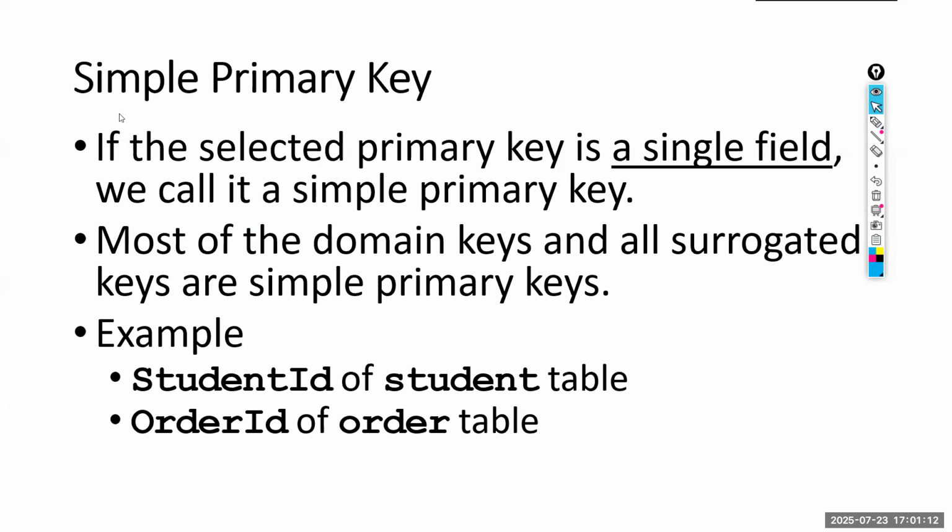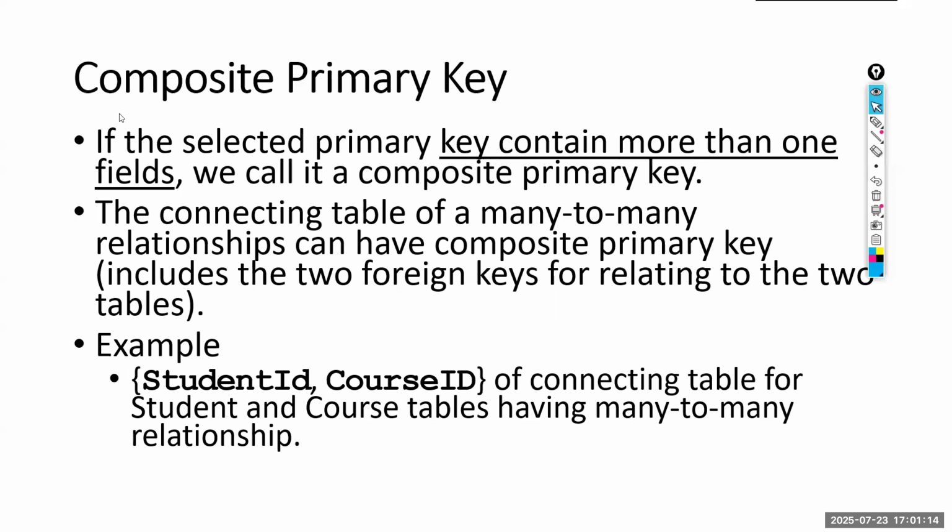Then we say that we have a composite primary key. So it depends, right? When we design, you will find that there are situations where you need a composite primary key. A simple primary key is not going to work. So in that kind of situation, we will take a composite primary key,